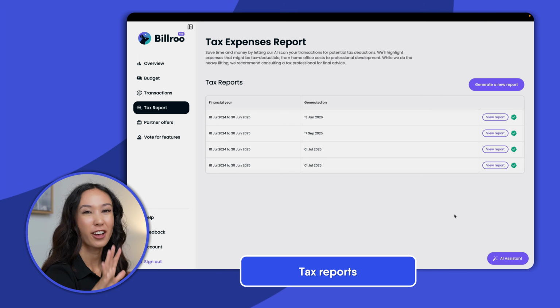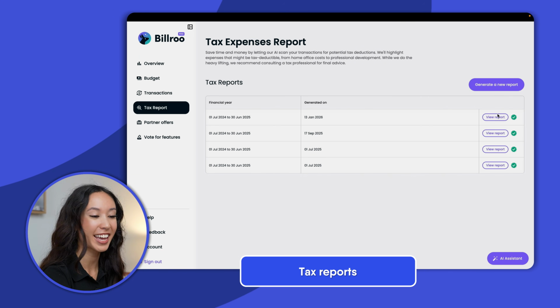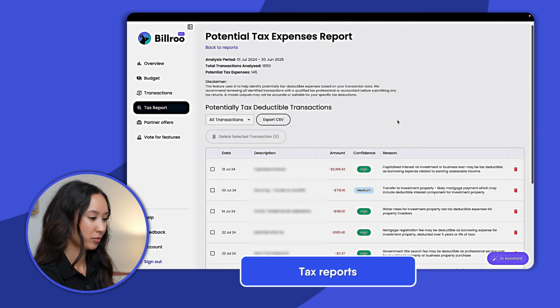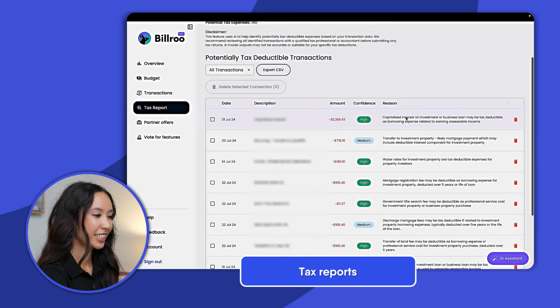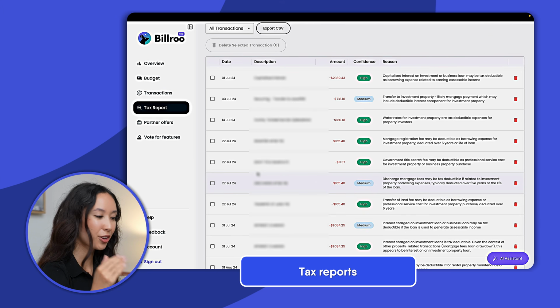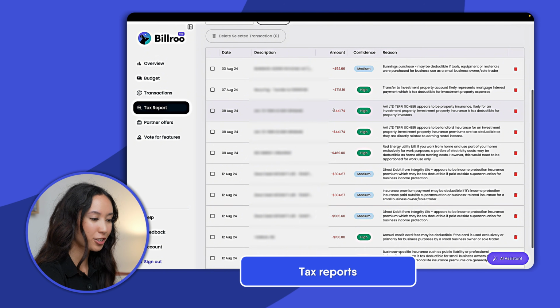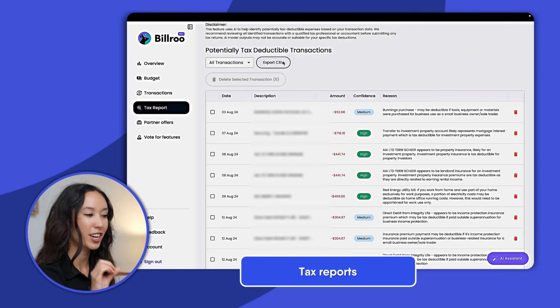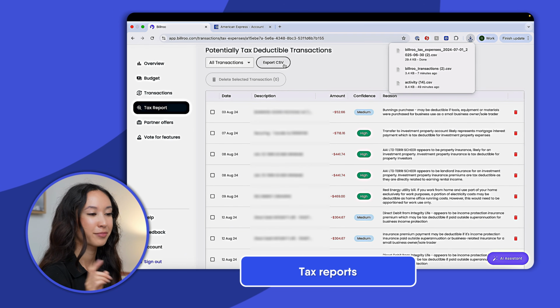So it takes around 5 minutes to generate a tax report, and now mine is done. So I simply click View Report. And here I can see all of my potentially tax deductible expenses. So here I can go through and I can just double check and see if there are any purchases that are potentially tax deductible. I can simply export all of these transactions into a CSV